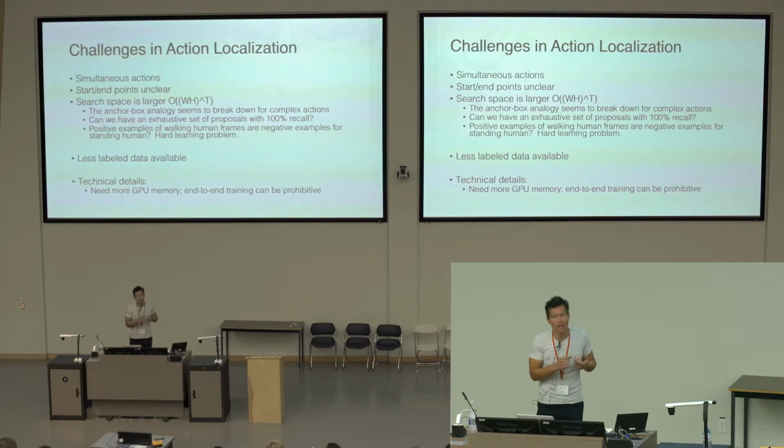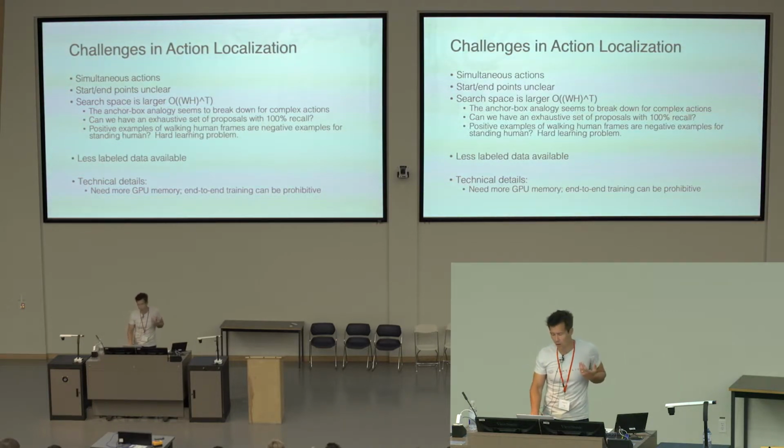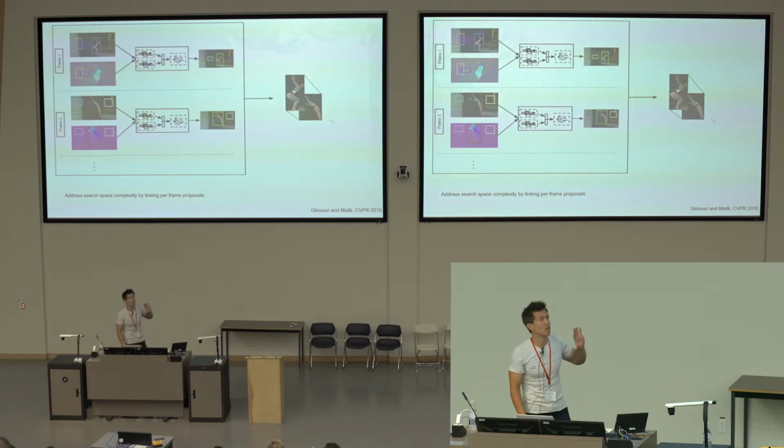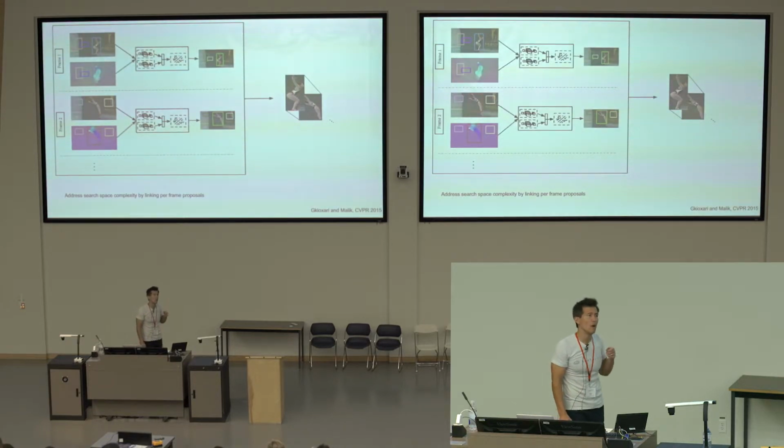And the analogies between actions and objects break down for many of these things. It seems very difficult to build algorithms that would do things like what Mask RCNN or YOLO would do, where you propose anchor boxes and propose possible locations for actions. It doesn't seem easy to do that. So a lot of the work that's out there is about trying to see how you can build more intelligent ways of doing that.